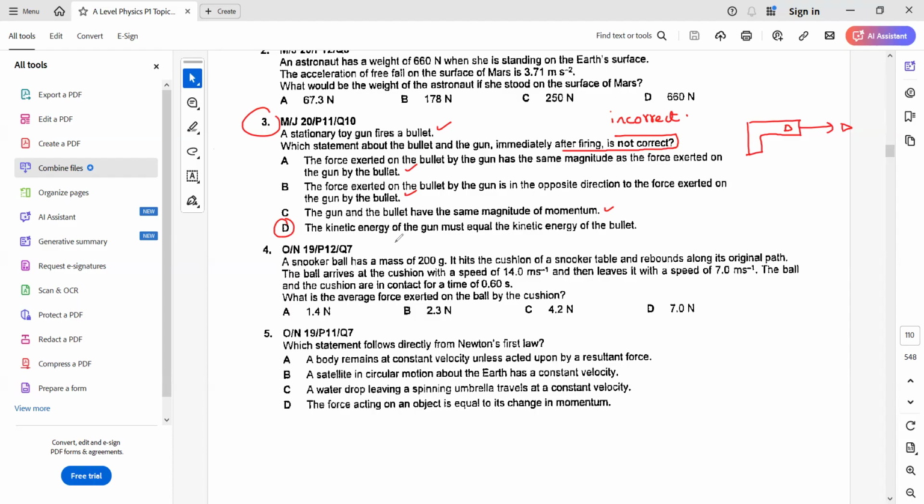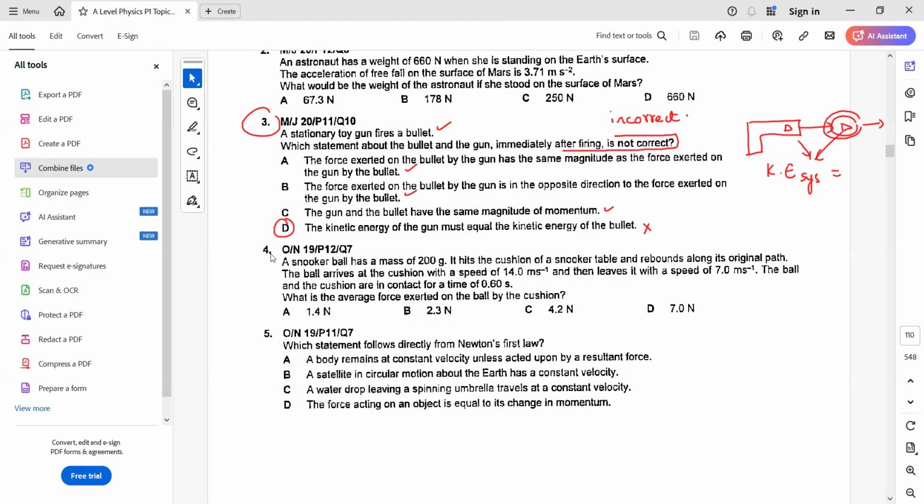So basically, it says the kinetic energy of the gun must equal the kinetic energy of the bullet. No, that isn't correct, because according to an elastic collision, the kinetic energy of the system stays the same. So for the system, that means bullet and the gun, total kinetic energy should be the same. Just imagine how fast the bullet is going to go, and the gun is not going to move that much faster. Answer is no. That wouldn't be correct, right? We are firing the bullet, not the gun. So D doesn't make sense at all,